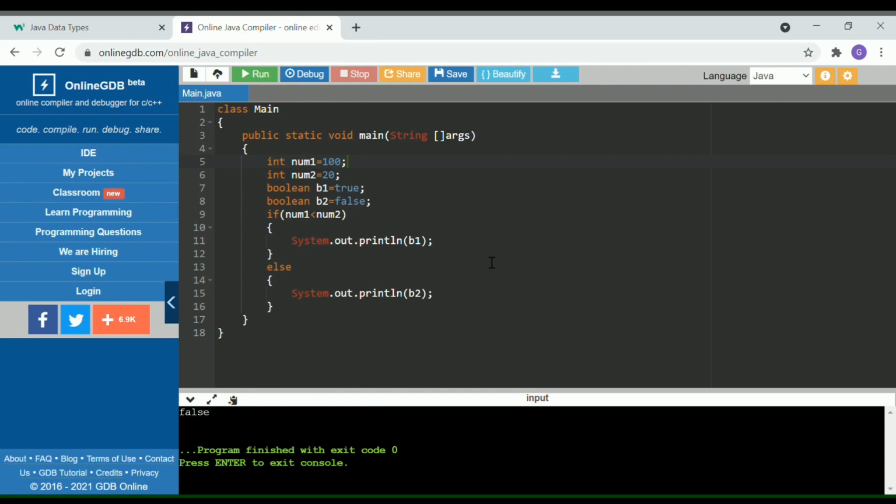In the next lecture I am planning to make a video on loops, and in loops we are going to talk about for loop, while loop, and a little bit of do while loop, because do while loop is not used much. We use for and while as much as possible. After that I will also make a video on scanner input. I think I will try to cover loops and scanner input in the same lecture. Then I will make one video on wrapper class. Then we will move to some standard coding problems. And so this is all for today.